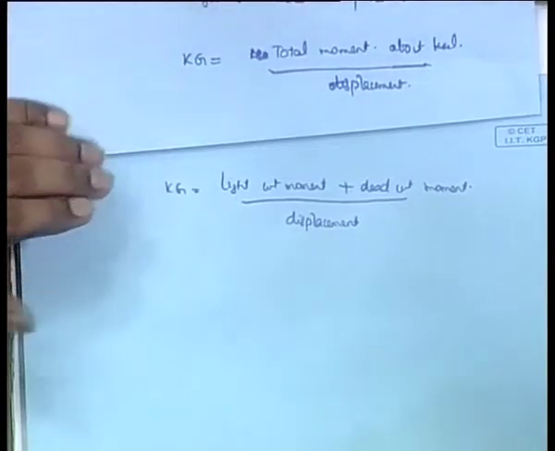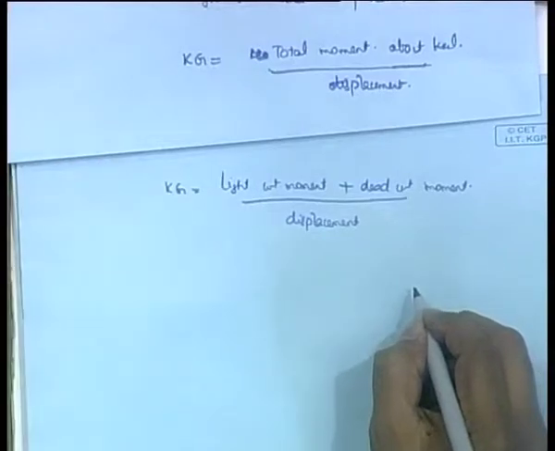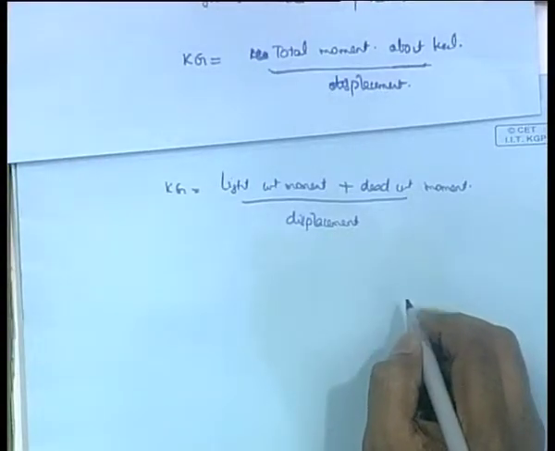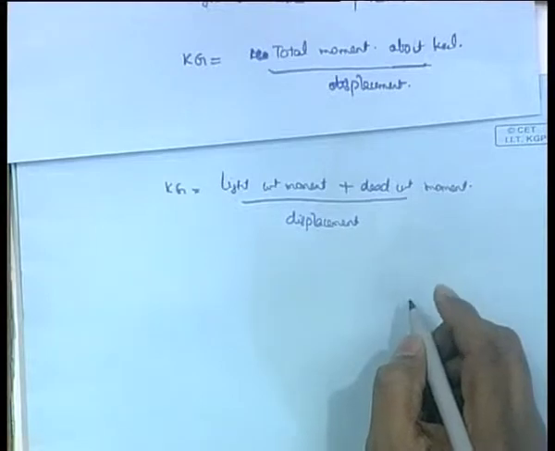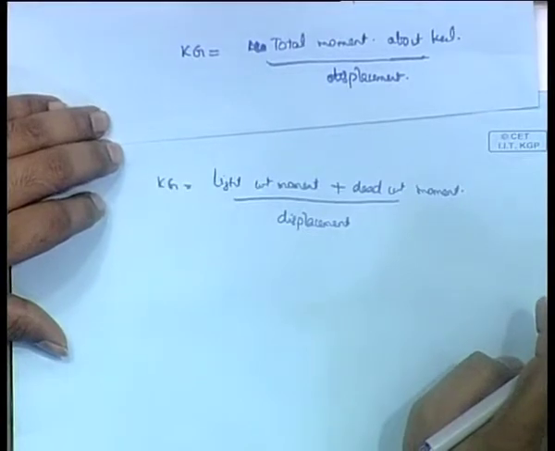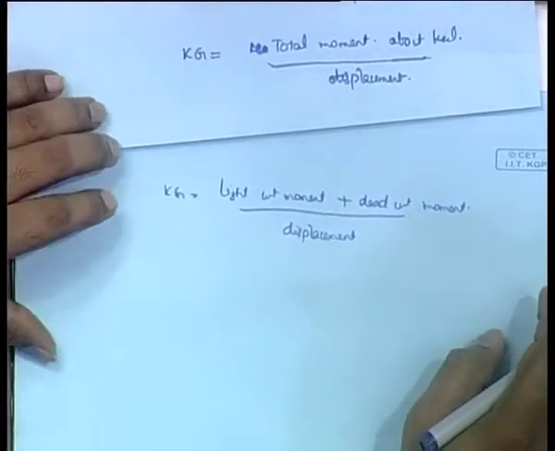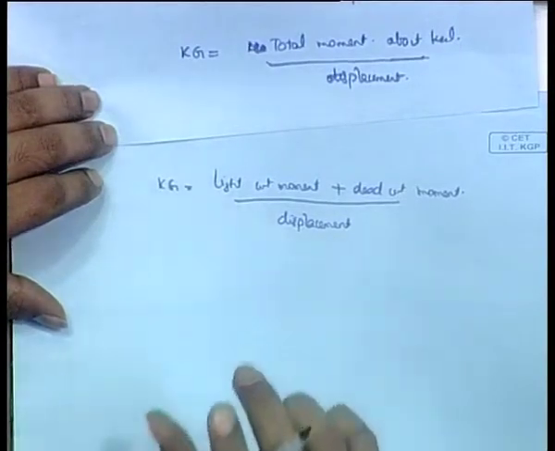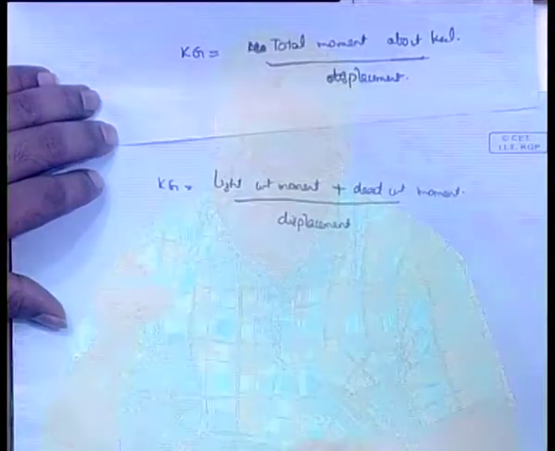Now, you know that in general, when you increase KG, G will go up, which means G and M will come closer together, and GM should be... As KG is increased, will it become more or less stable? Less stable, right? So, as you keep increasing KG, GM will become smaller. So, if you keep increasing your KG, your ship will become less and less stable.